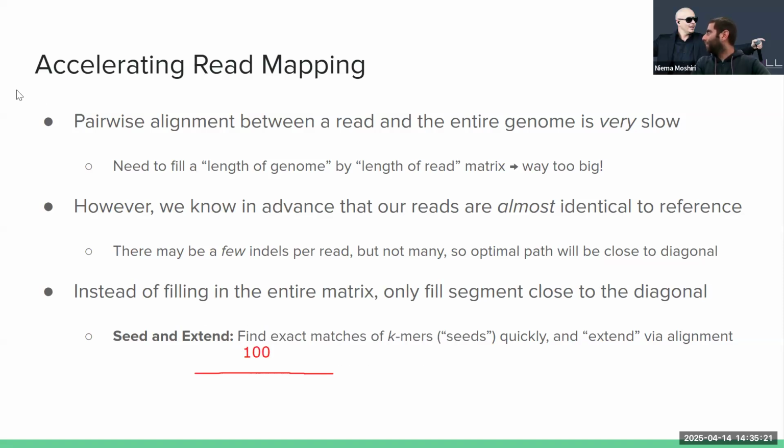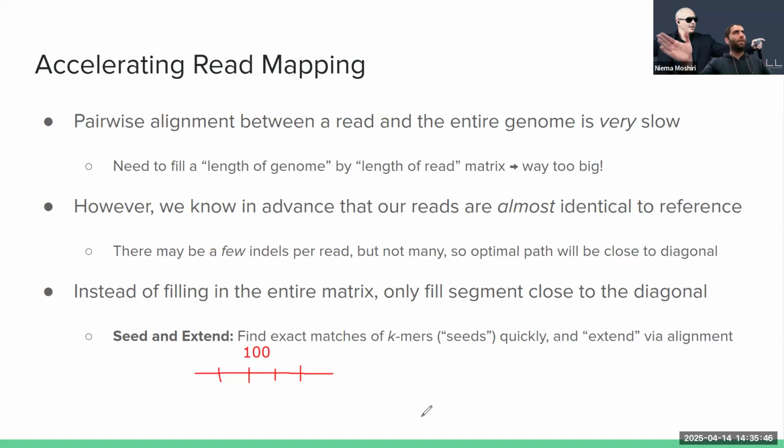So a read that's like 100 letters long. And let's say that I think maybe there's going to be like 3 insertions, deletions, maybe even substitutions, maybe 3. Maybe if I want to be extra generous, I'll say like 4 or 5. Let's say 5. Well, if I think there's going to be 5 insertions, deletions, or substitutions, I can break this up, or let's say 4, just to kind of keep the numbers clean. So if I think that there's going to be 4 insertions or deletions, I could theoretically break this up into